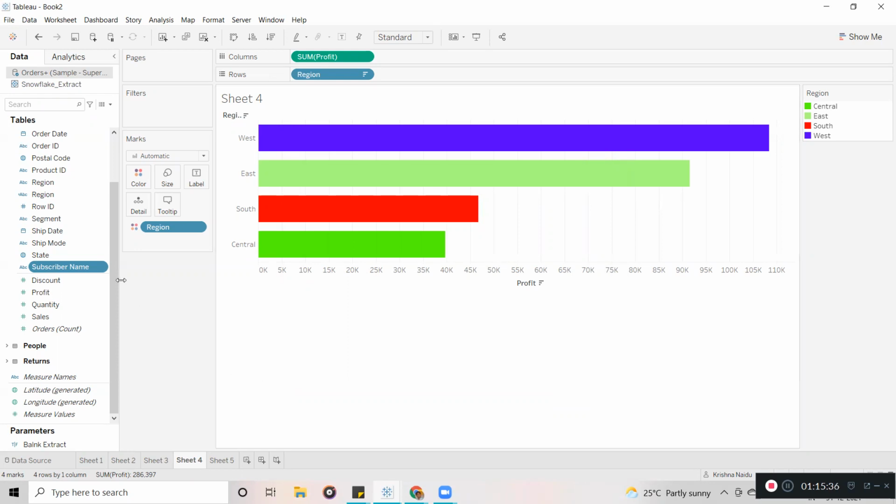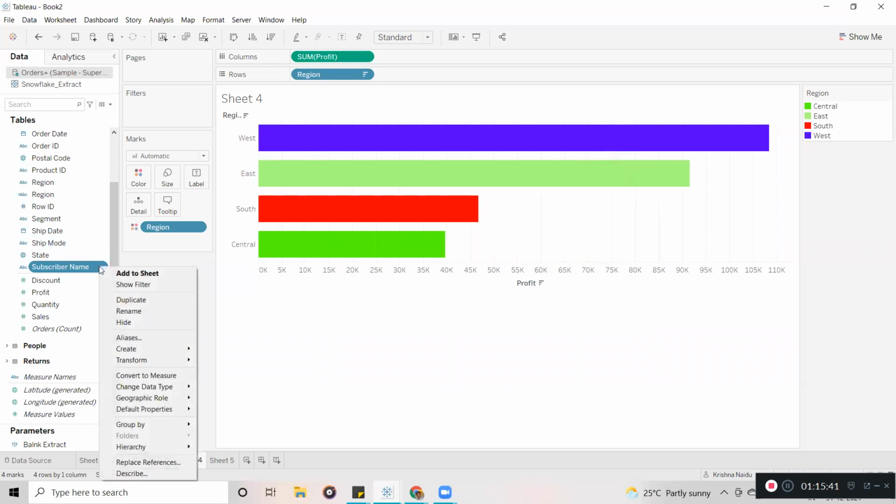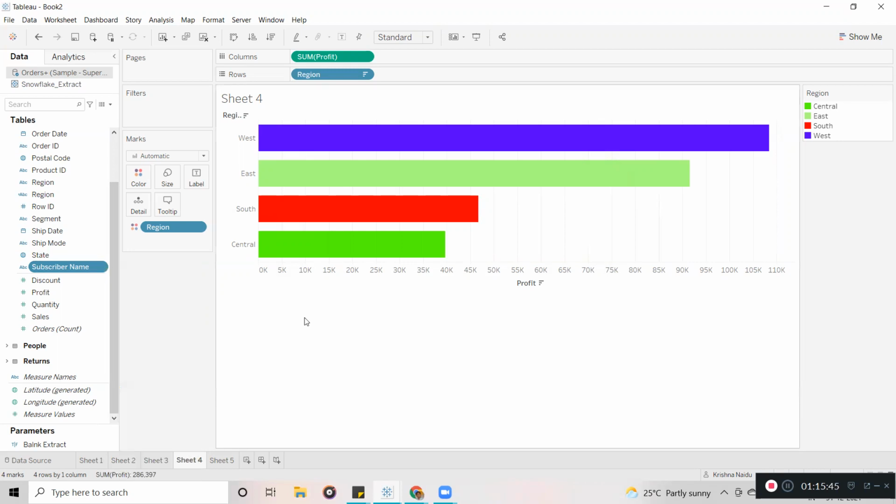Is it clear, guys, when we are going to use renaming? Fine. Now another thing is hide. This hide option is generally a type of performance improvement tip. For example, here we have a lot of columns, but as per the requirement, these are the graphs the customer expects from our end. Is it required to keep all the fields? It is not required, so you can hide the fields.